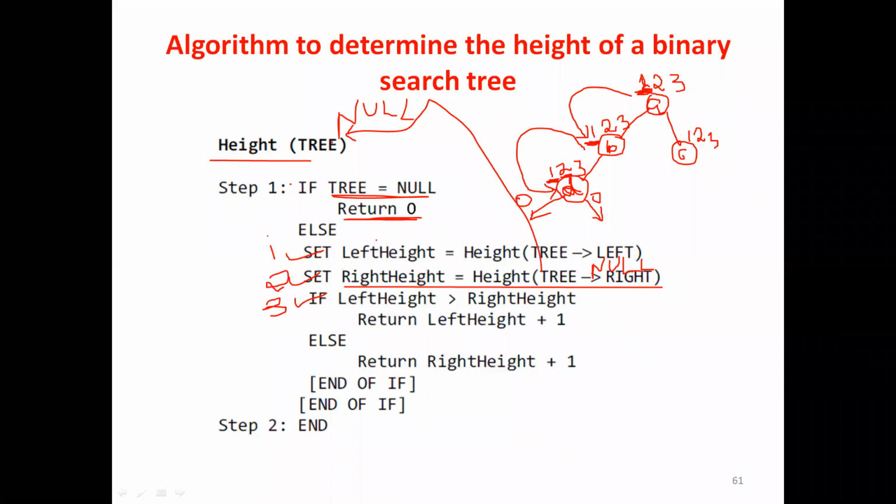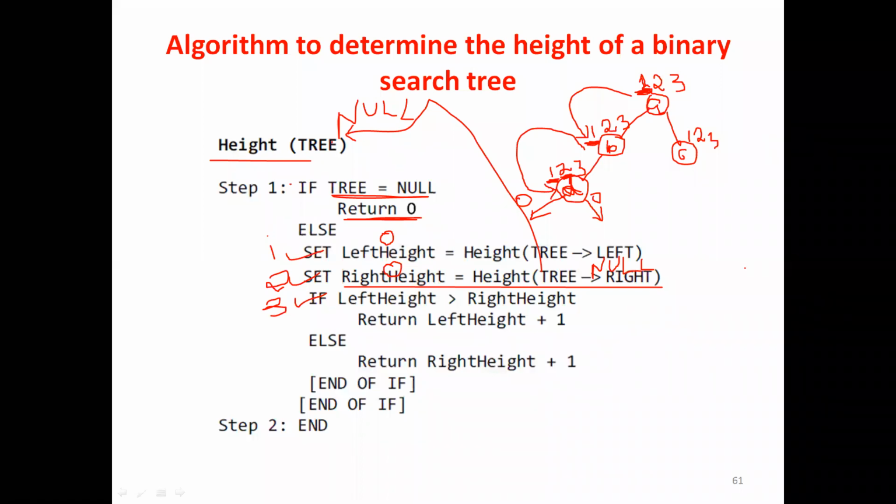Step 2 is over. Now what is the value of left height? It is an integer variable. Earlier we know that the left height integer variable value is 0 because it is returning 0, and this right height is also 0. Okay, step 2 is executed. I hope up to this is clear for you. Step 2 is nothing but checking whether this node is having a right subtree or not. Since it's a leaf node, it's not having a right subtree.